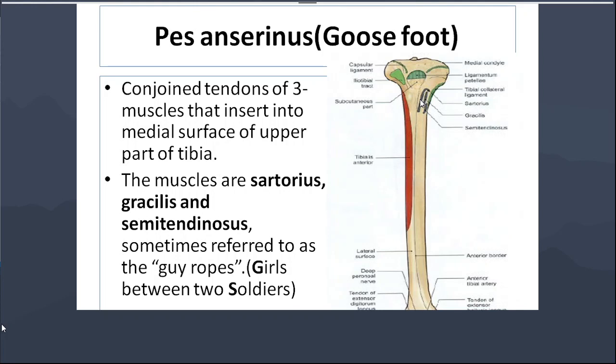You can see this is the pectineus muscle, then the adductor longus, this is the adductor brevis, then this is the adductor magnus. The adductor magnus muscle is pierced by all these perforating arteries. So now, perforating artery, what point are you going to write? The first perforating artery is present just above the adductor brevis.